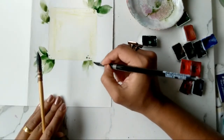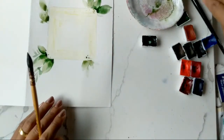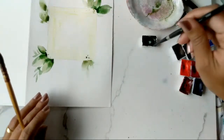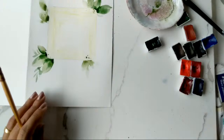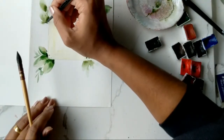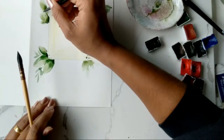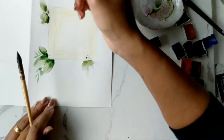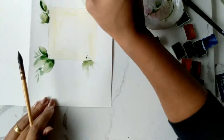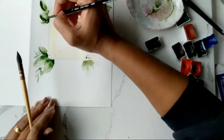Adding a couple of strokes to have some of the color pull out. And where's my number 4? I had my number 4 here for the darker green, and just kind of have it at the bottom of these, maybe at the stem area, just to sort of have it blend in a little bit. You can do what we did previously by adding just a swipe as well,